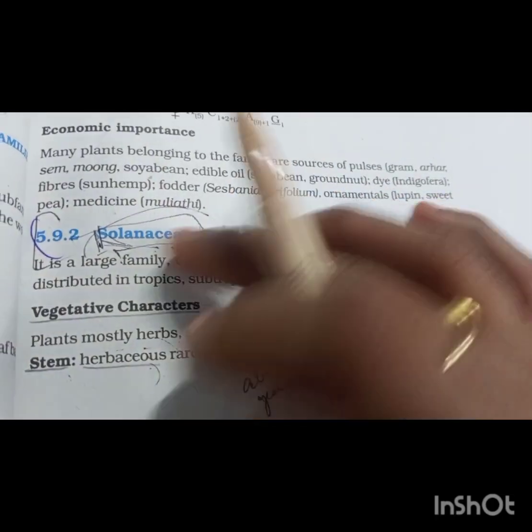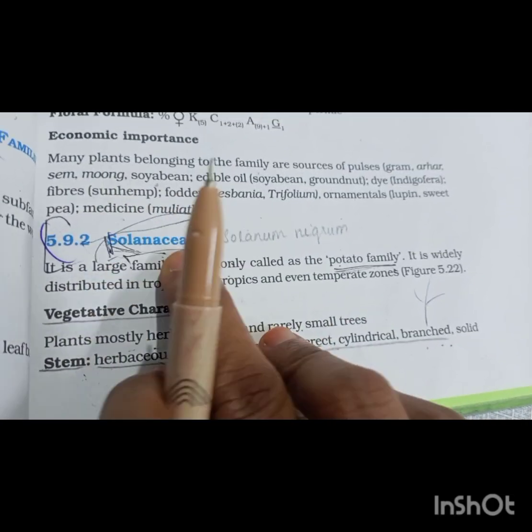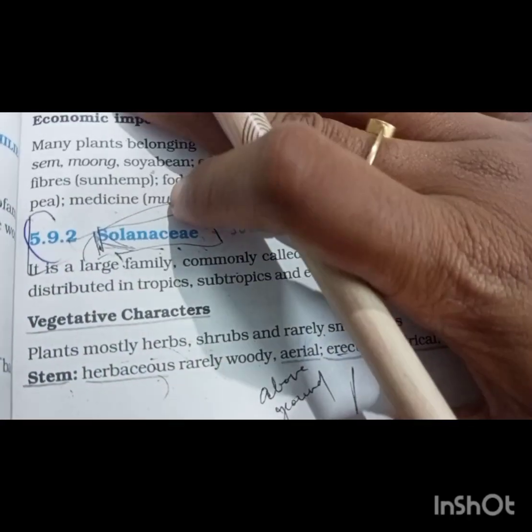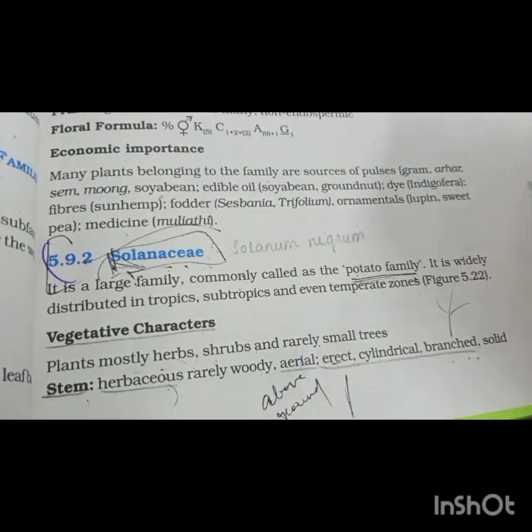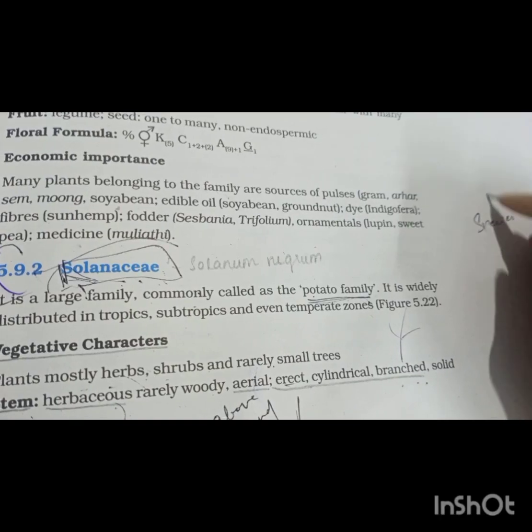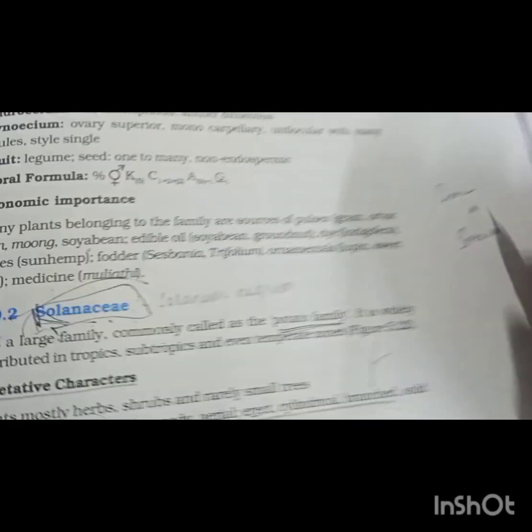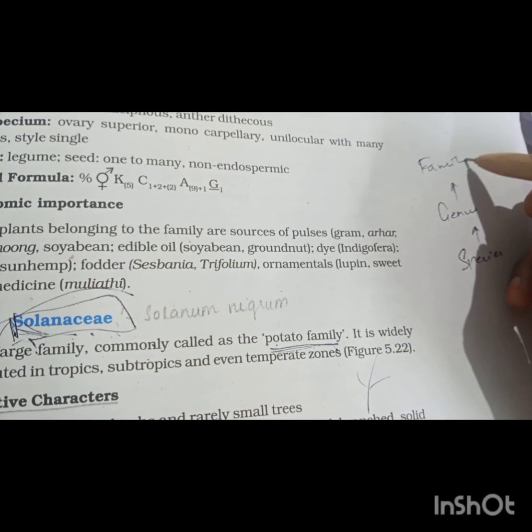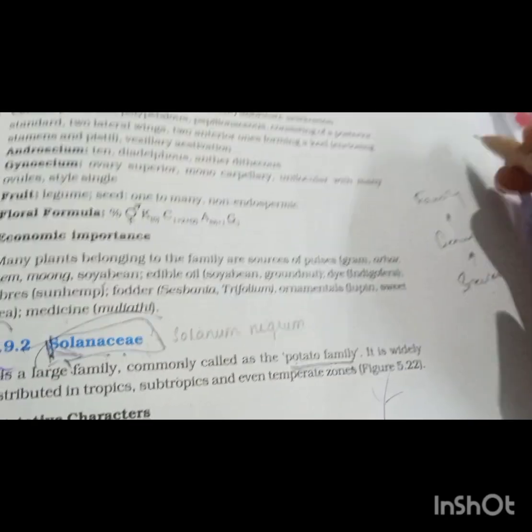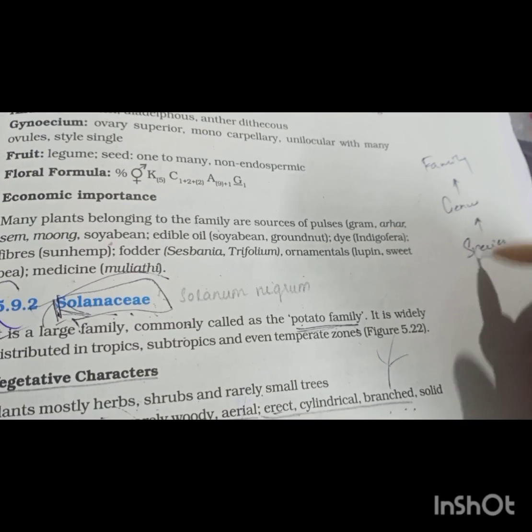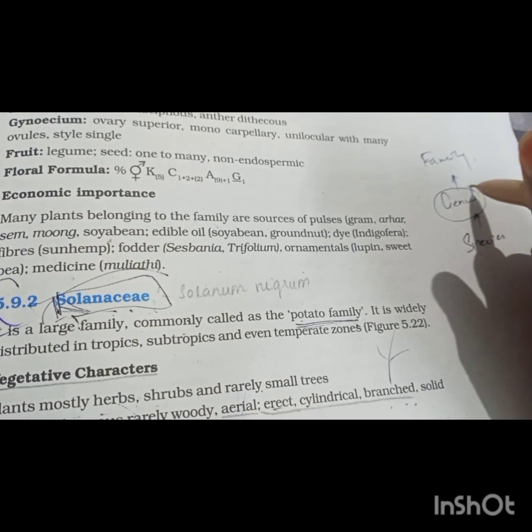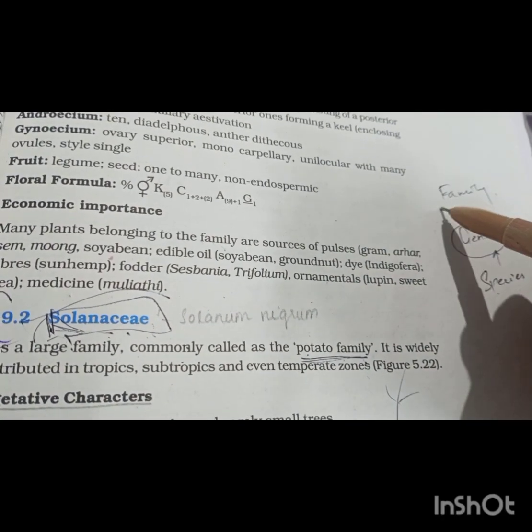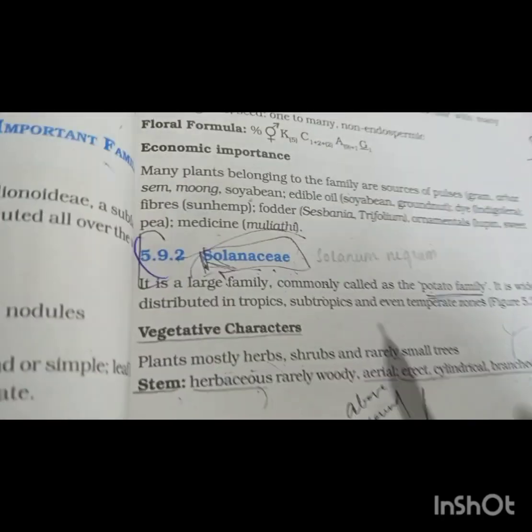So here you can see something is given, right? Solanaceae. Actually, it's a family. If you recall what we studied in the first lesson, the taxonomic hierarchy: the species with common characters are grouped together in a genus, and genera with somewhat resembling characters are put together in a family, right? In that order, it will go up to kingdom. So a group of genera that has common characters is included in something called a family, and this Solanaceae is an example